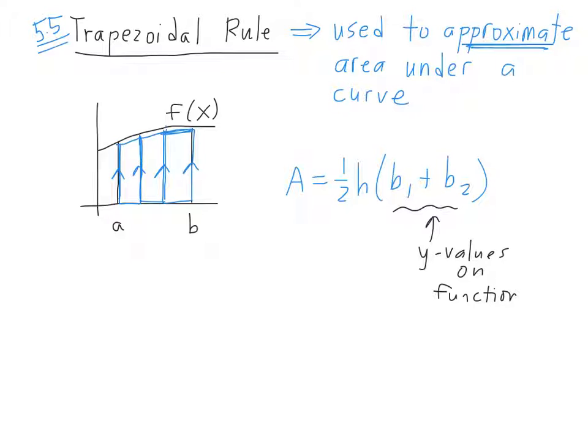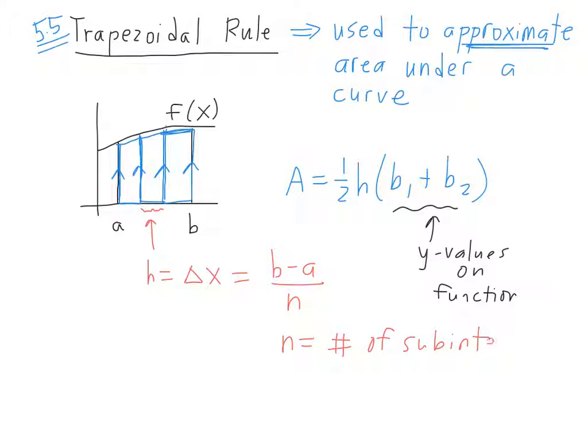Now, the height here is really our change in x. And our change in x can be found by looking at the total distance between a and b, which is b minus a, divided by however many subintervals, or in this case trapezoids, we need to sandwich in between a and b. So n, just like before, is the number of